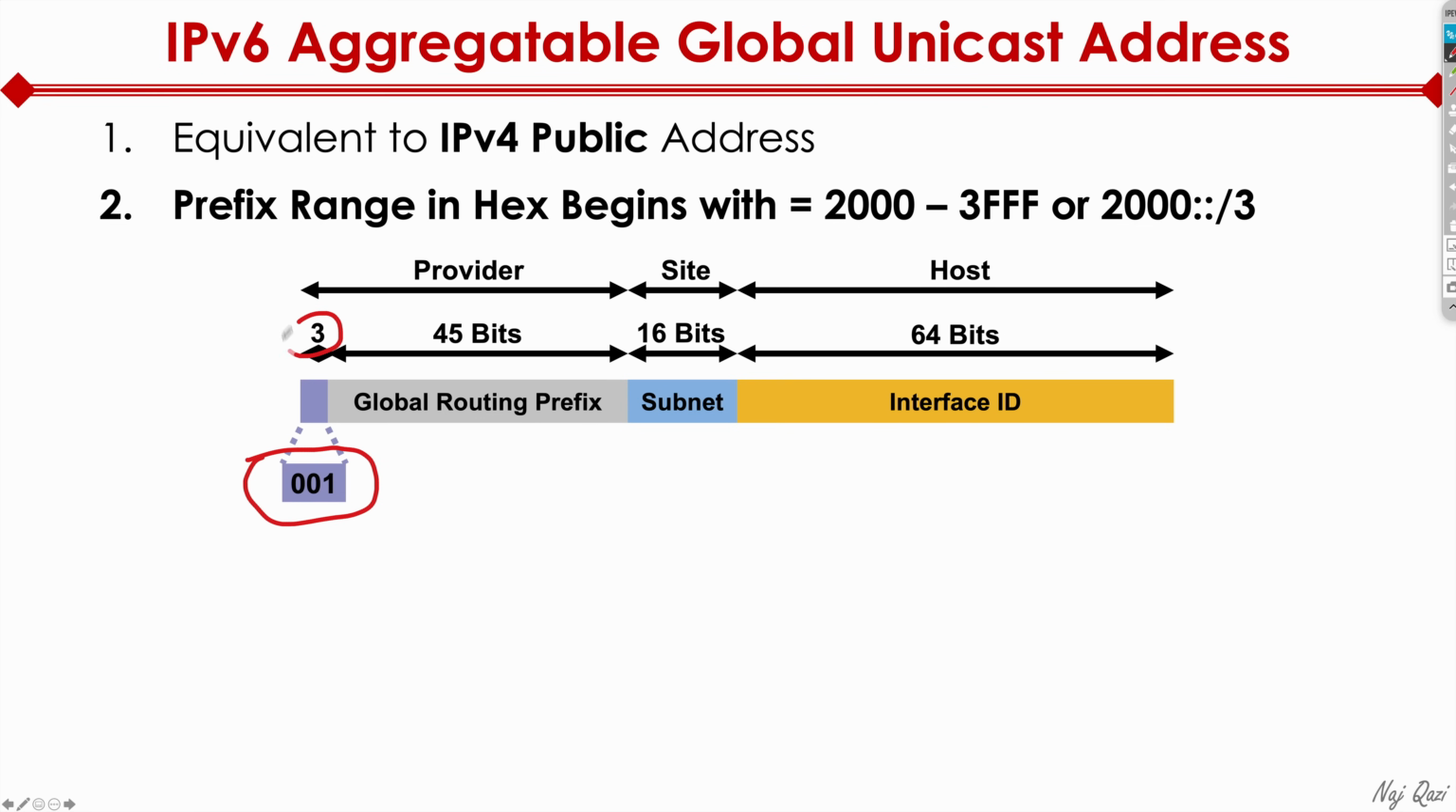So that's the first 3 bits. The next 45 bits is the global routing prefix that's assigned to the ISPs, and that's the provider space. And then what we get here is the 16 bits at the site level, and this is something that's assigned